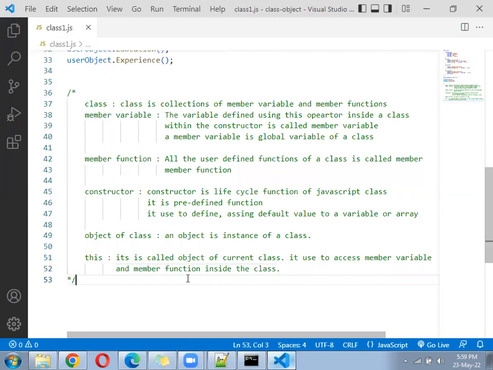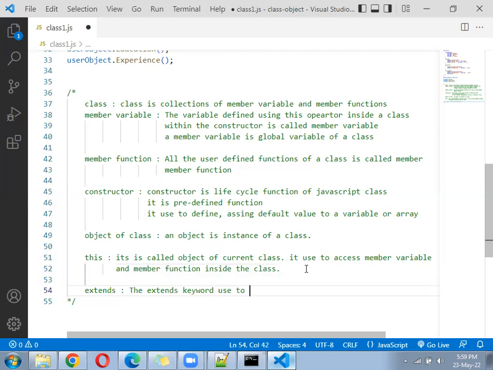Right? We have one more word we can use here: extends. What is the use of the extends keyword? The extends keyword is used to inherit. Inherit meaning is what? Bringing, carrying, importing. Inherit meaning is to bring. So it says the extends keyword is used to inherit the